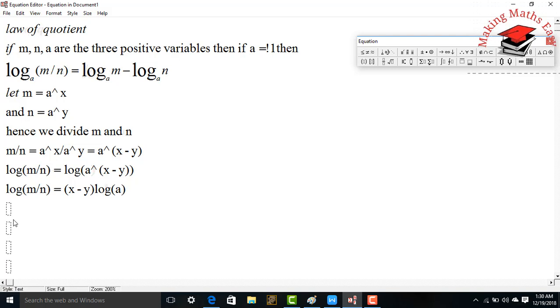In the next step, log of m divided by n divided by log of a equal to x minus y. Okay, so now we will do the further step, which will give you log of